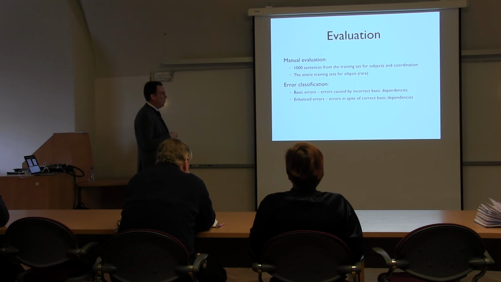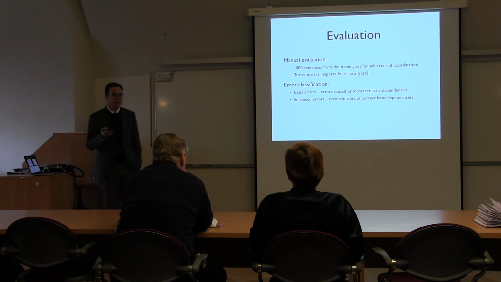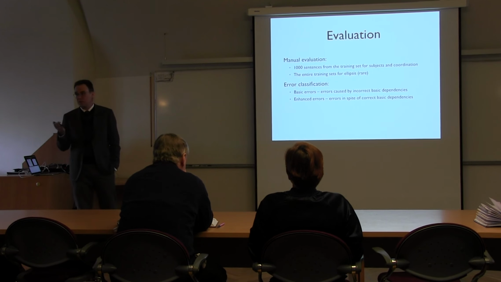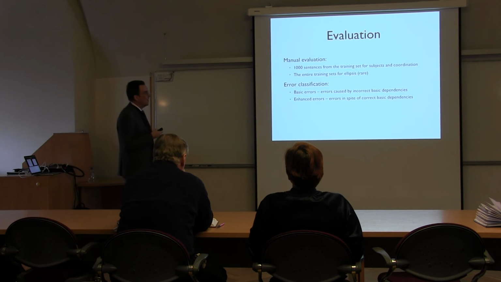We actually have a slightly more fine-grained classification of errors, but in this presentation I'm just going to divide them into two types. What I call basic errors are errors where we find a predicted dependency in an enhanced representation that shouldn't be there, but when we actually look at the tree, we see the reason is not because the enhancer has done anything wrong, it's because there was an error in the underlying basic annotation. This may come as a surprise to some of you, but treebanks actually do contain annotation errors.